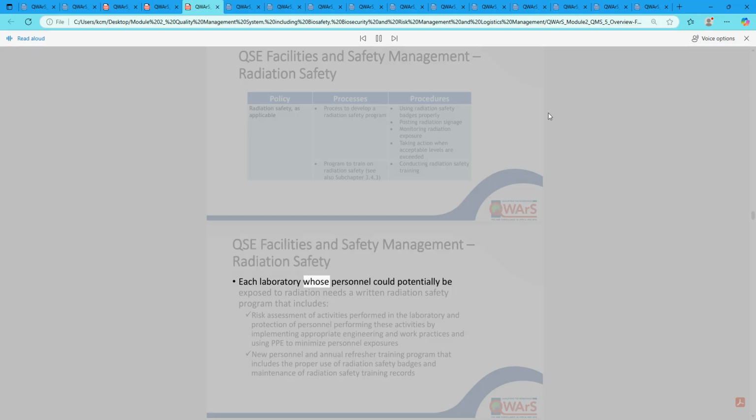Each laboratory whose personnel could potentially be exposed to radiation needs a written radiation safety program that includes risk assessment of activities performed in the laboratory and protection of personnel performing these activities by implementing appropriate engineering and work practices and using PPE to minimize personnel exposures, new personnel and annual refresher training that includes the proper use of radiation safety badges, and maintenance of radiation safety